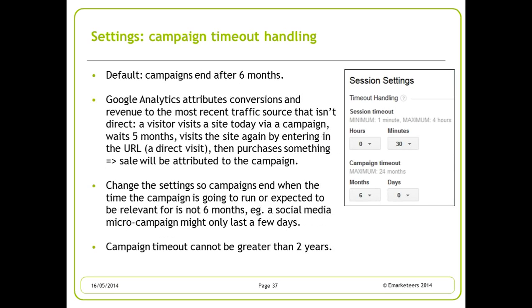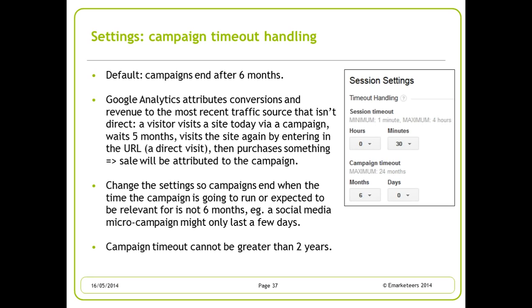Campaign timeout handling, we can now also change that. By default, it's 6 months. And Google attributes conversions and revenues to the most recent traffic source that isn't direct. So let's say you did a campaign 6 months ago and somebody came to your website, didn't do anything for several months, and then came back to your site directly by typing the URL into the browser and then bought something or converted.